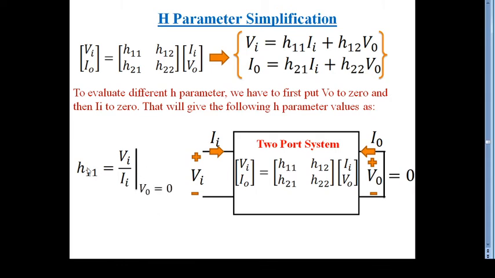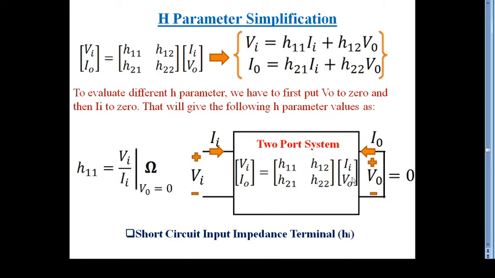And what is the unit for the H11 parameter? H11 is nothing but simply your resistance type, or simply say impedance. So impedance is unit ohm. Okay, so this term H11 can be considered as a short circuit input impedance, and this one gives the input impedance H11 = Vi by Ii. So this one is our H11, or in general we can also represent this as Hi, input impedance Hi.